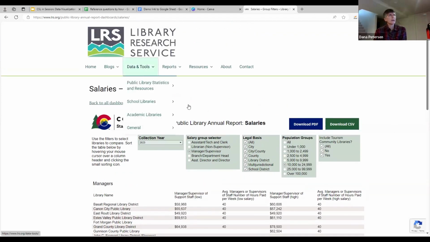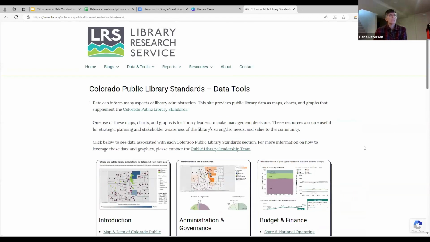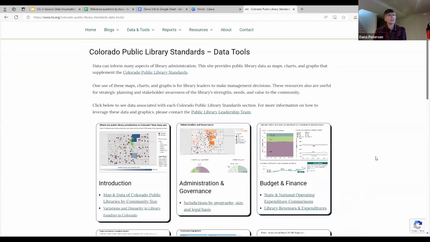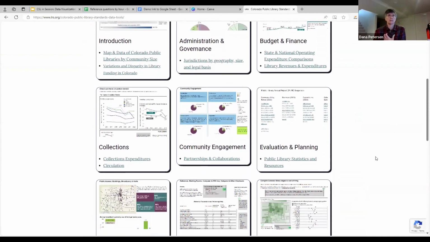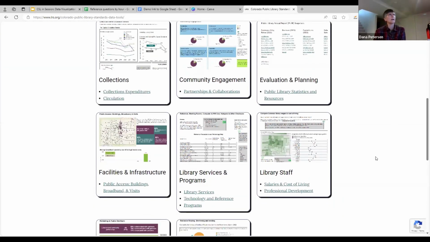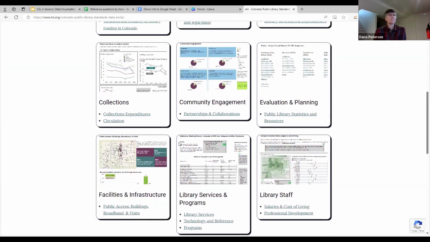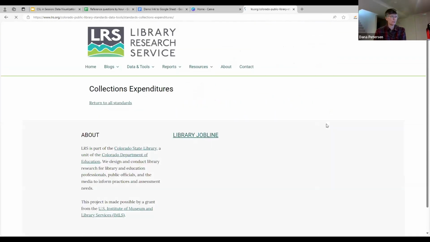One other resource that we've come up with, more related and tied to the library standards, is a set of dashboards that has done a little bit more of the heavy lifting. It's done some chewing on the data and come up with what I would consider true visualizations.